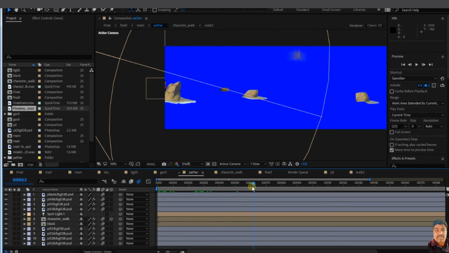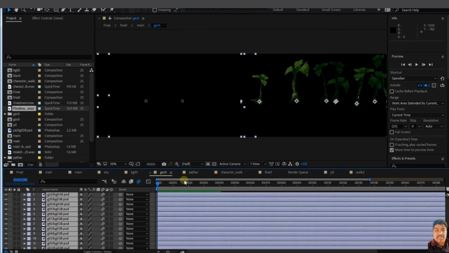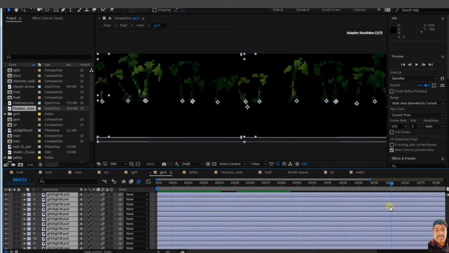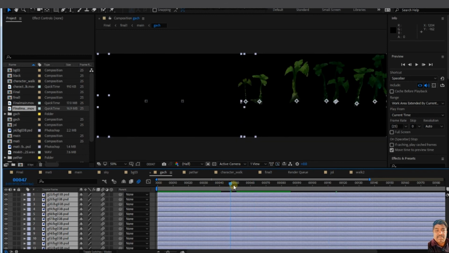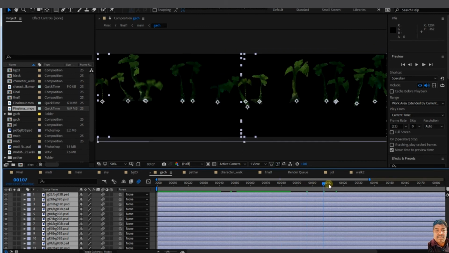Stone is coming from up, and the boy also works in this area, right? Stone, all the trees are here. So one by one it's coming.